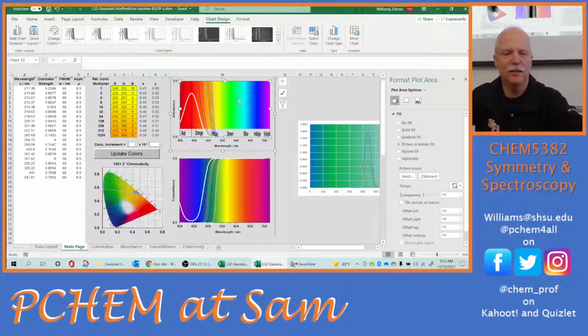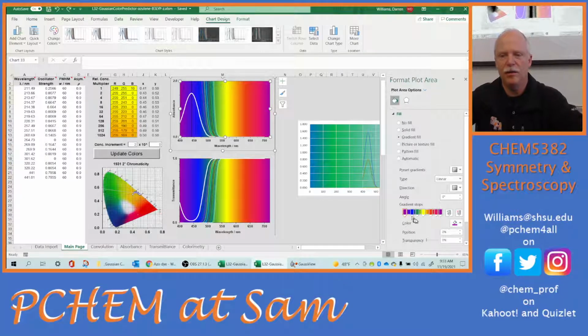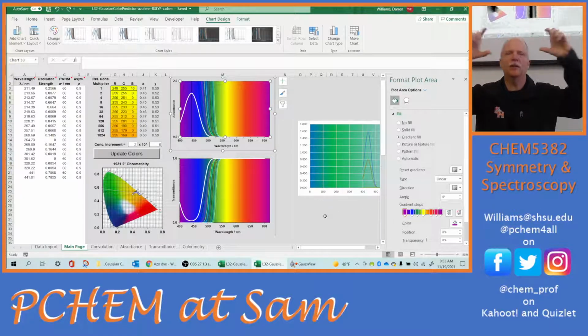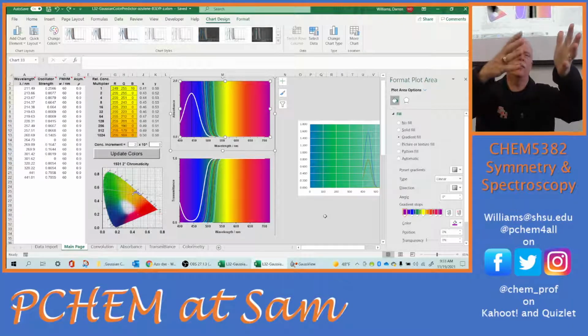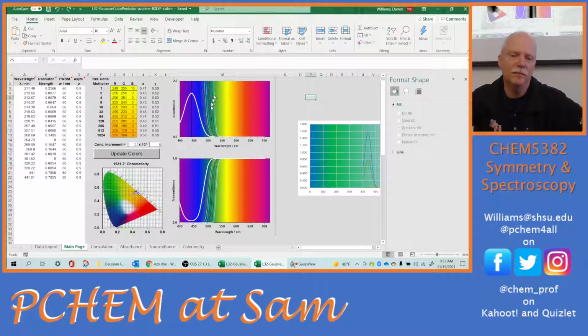Now actually it looks like I built the gradient myself down here, but you can go in and get a picture and put it back there that has those colors so that you can kind of see this is absorbing the blue, therefore it's giving us a yellow color. So that's why I think it's nice to have this sort of rainbow image in the background. Does it go back to purple in this way? Over here, yeah, if that's the only light coming through,